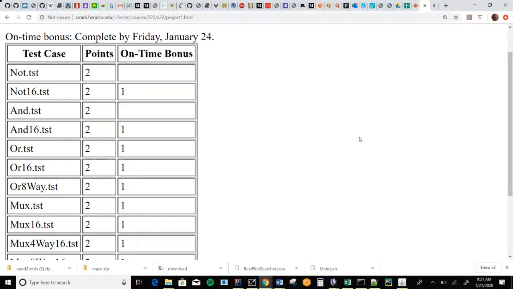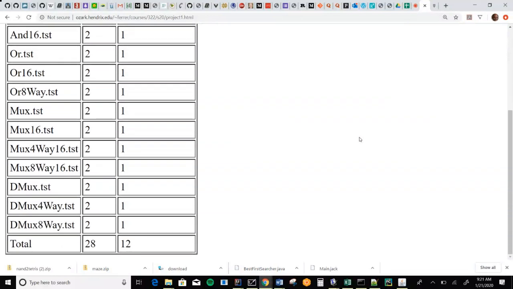Then MUX is the multiplexer. MUX 16 is a 16-bit multiplexer. What that's going to look like is there's still only 1 select bit, but the A and B inputs are each going to be 16 bits wide.